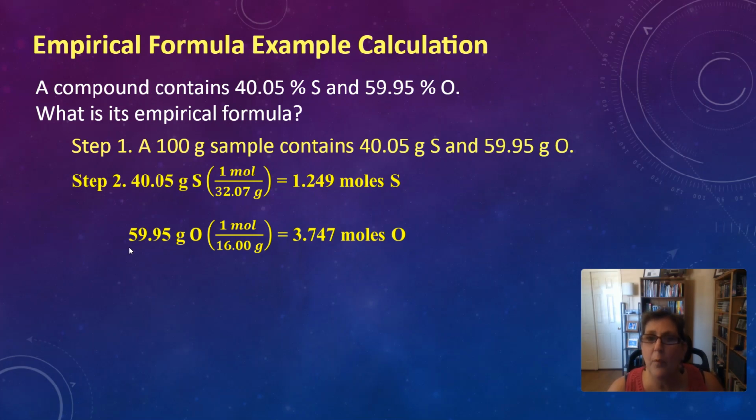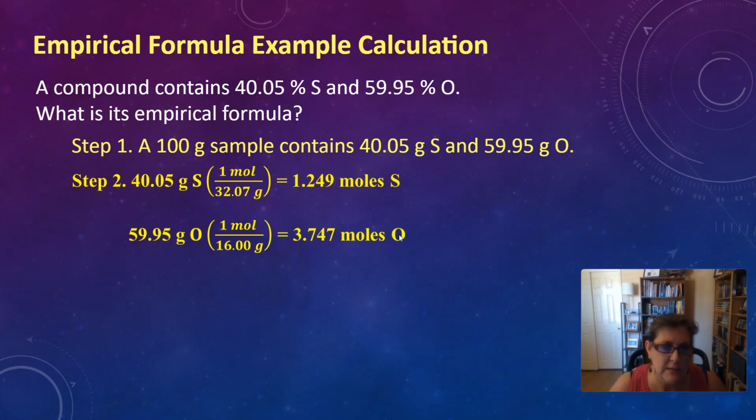Now we have 59.95 grams of oxygen. Again, an O is 16.00, not 16, 16.00 grams in that mole. Grams is on the bottom, so grams will cancel out. We changed our grams to moles, 3.747 moles of oxygen, 4 sig figs. Okay, so now we have our mole ratio, but the moles are not whole numbers, so that's hard to see